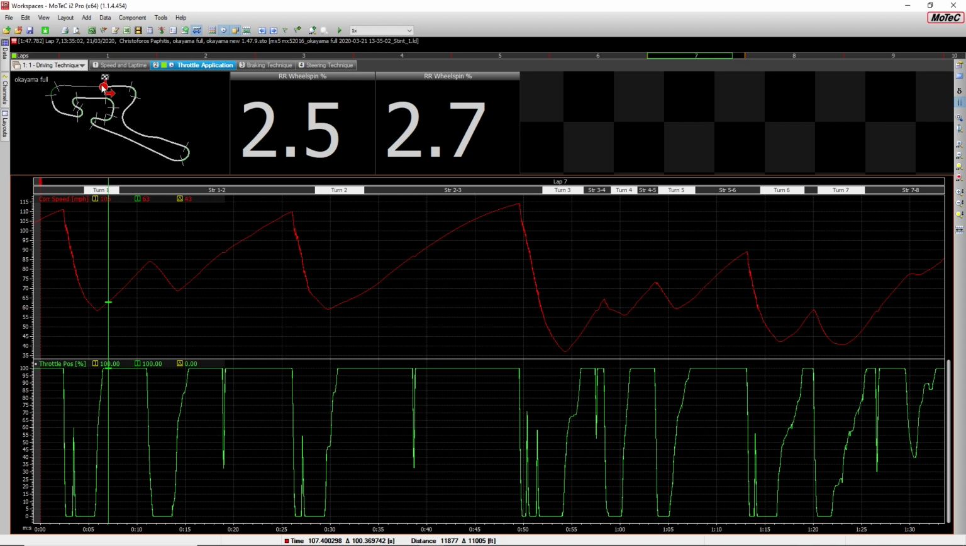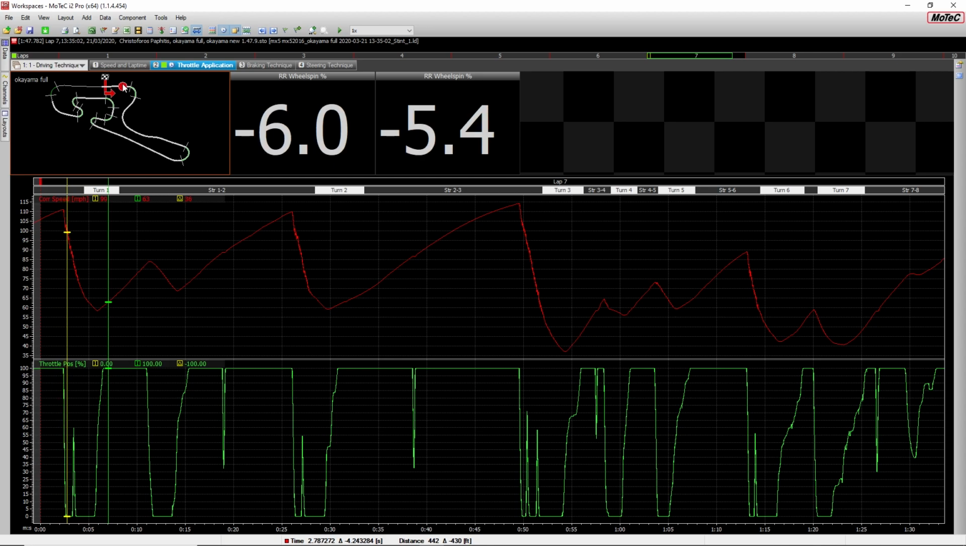So as you can see here, in turn 1, we brake. We go from 100 to 0 throttle almost instantaneously. Braking here. This blip is just a downshift. I blipped the throttle so I wouldn't spin. And then gradually